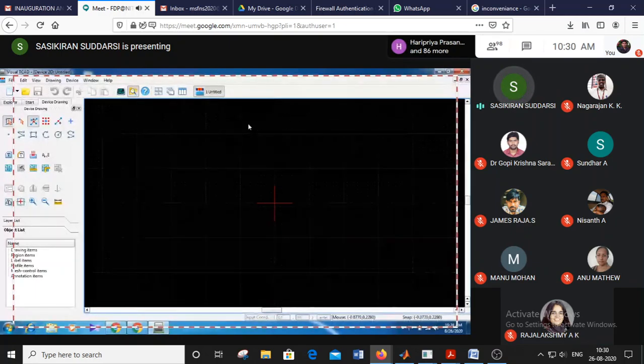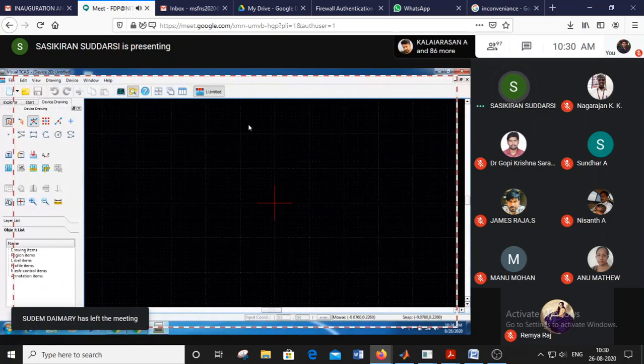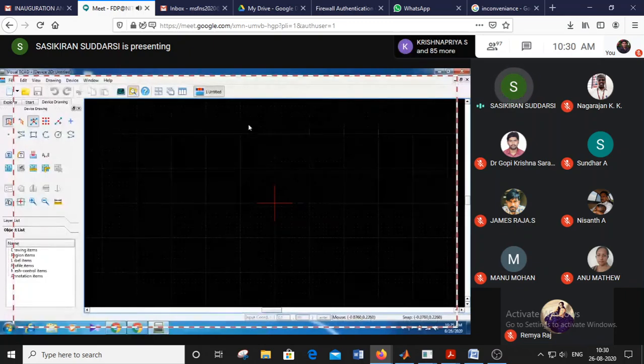So these are some parameters I assumed. You can see the coordinates here. It is L and H. L is in the horizontal direction, and H is in the vertical direction. You can take any convention, whatever you take, X or Y. I am taking this L and H. You have seen some examples.